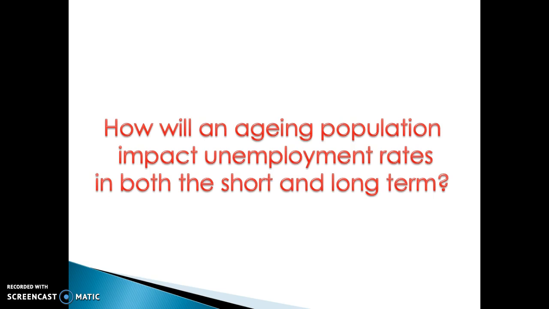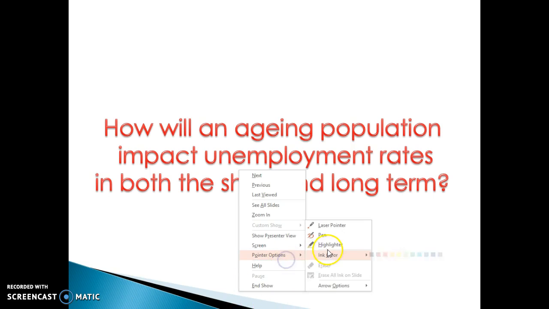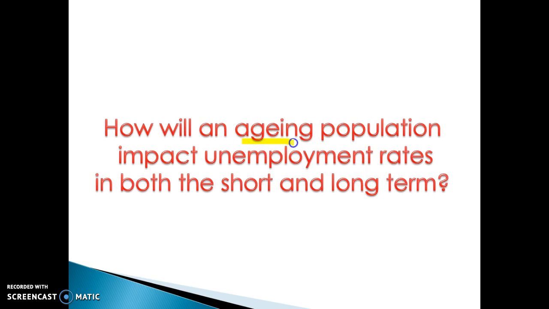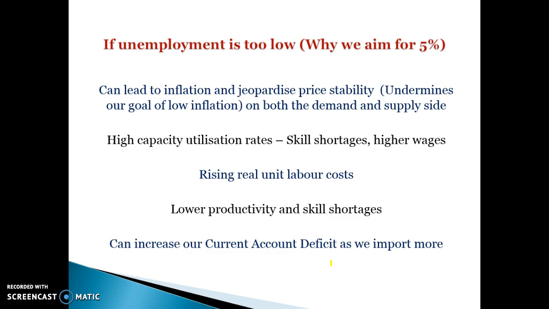In the short term, an ageing population might actually help to reduce unemployment because there'll be fewer people looking for work, so it might be easy to find work. But in the long term, we may become less internationally competitive, and because of higher wages, businesses will be less likely to hire people. So in the long term, it can lead to increased unemployment as jobs move offshore, as we become less competitive, and there's essentially less demand for labour in Australia. This is a bit of a recap from the other video.